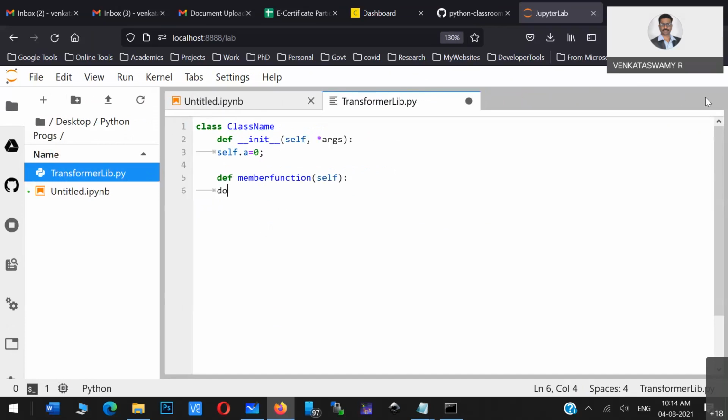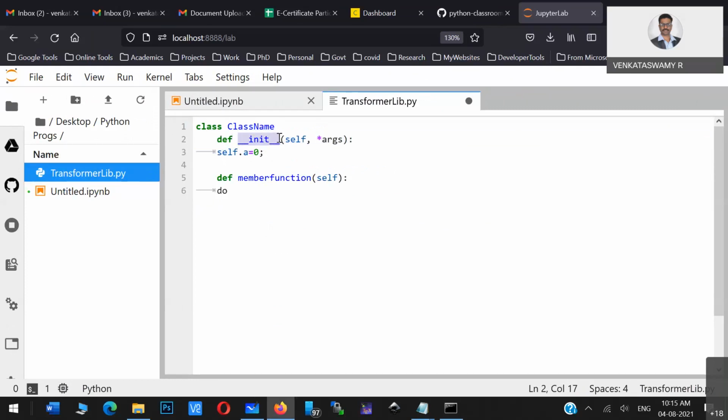So this is the basic structure. The class keyword is followed by the class name, and then there is one special function. The def keyword is used to create a function.